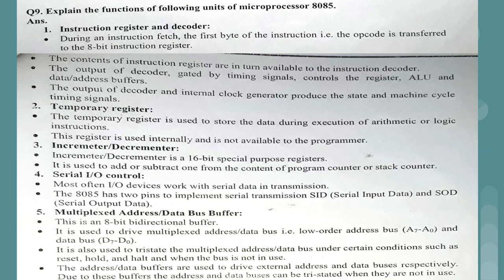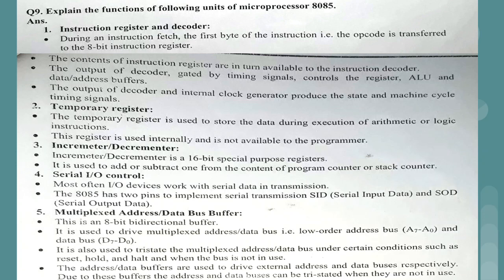Whenever we execute the push and pop instructions, the content of the program counter and stack pointer is automatically incremented or decremented. So why are those values incremented or decremented after performing push and pop operations? Which registers are responsible for such operations? The incrementer and decrementer registers are responsible. They increment and decrement the value of the stack pointer or program counter on the execution of push and pop instructions.